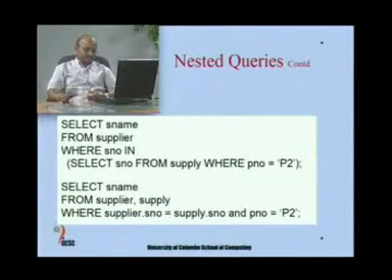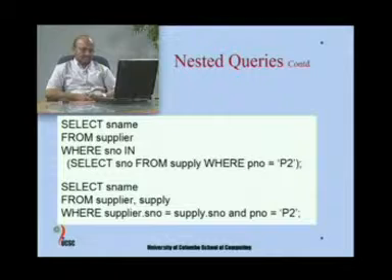output. So, the same can be achieved in an alternative way using a traditional equal join condition, and in this case we have expressed it as select supplier name from these two tables, that is supply and supplier, and the condition is that the two supply numbers must be equal, SNO equals SNO, one from supply, the other from supplier, and then the part number PNO equals P2 is the other condition. So, you can express it in that manner or as a subquery. Whichever way you do it, you will get the same result.